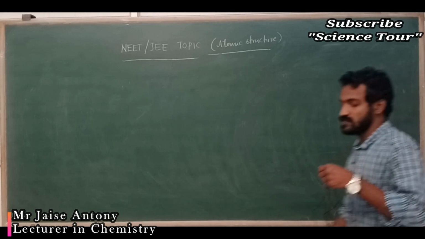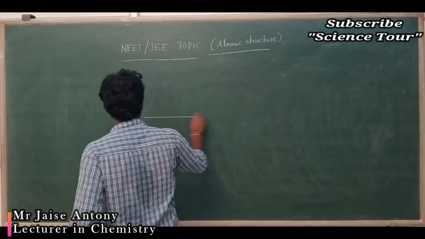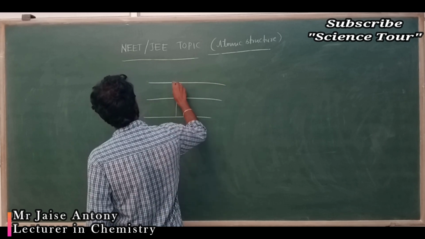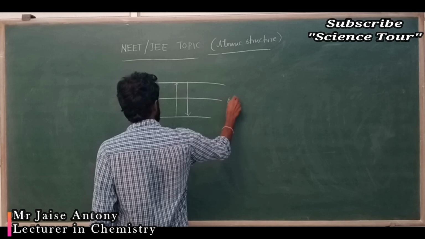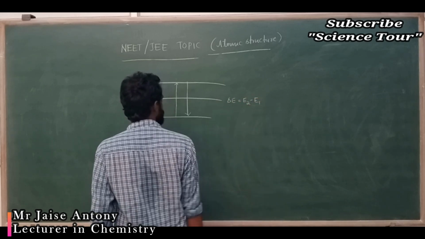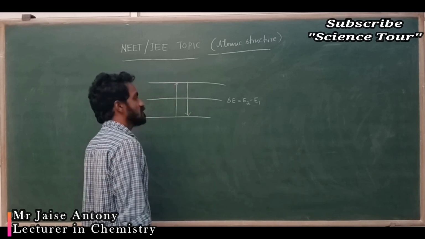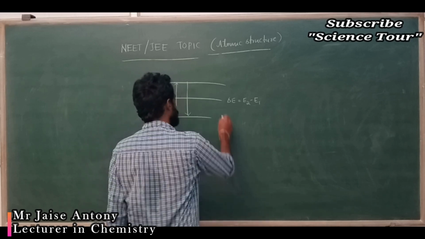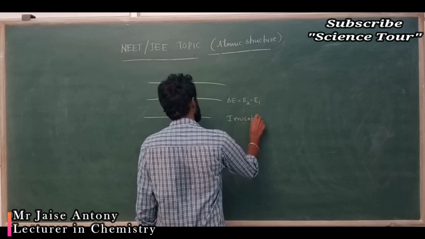Okay, my dear students, next is about the energy difference in the hydrogen spectrum. Few electrons will jump to a higher energy level, and few will come back to a lower energy level. That energy difference, delta E, is given by E2 minus E1, my dear students. E2 is the higher energy level and the lower energy level is E1. And here, in ionization energy, one more concept is explained.